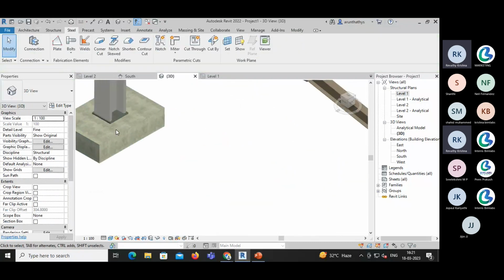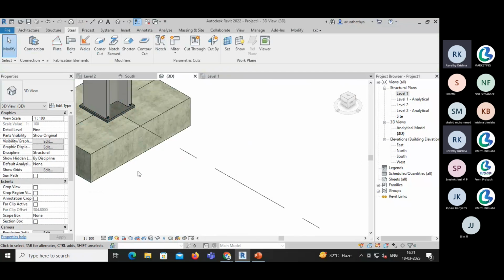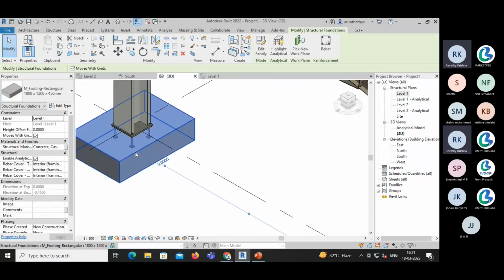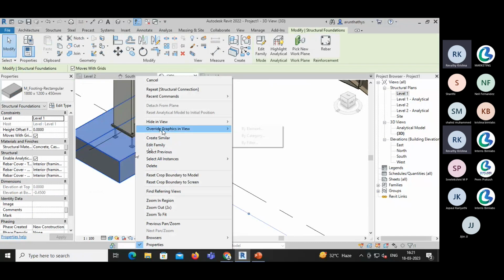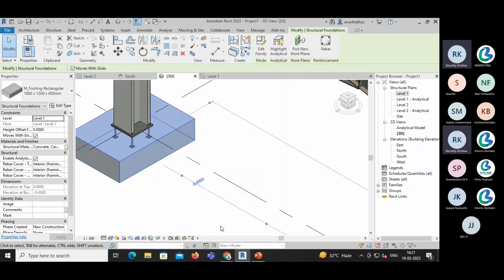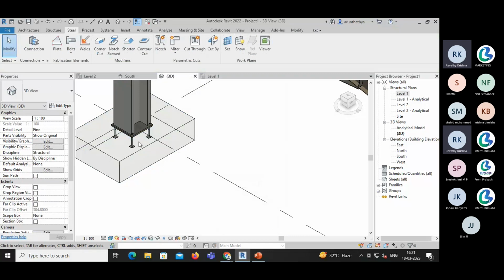So there we have the base plate option. So we can't see the connection inside the foundation. So select the foundation and right click. We'll get an option override graphics view. From here I'm going to the by category option. If it is by element, only the modification will affect only this element. I'm going to the category option and changing the transparency to a value. Apply. Okay. Now you can see